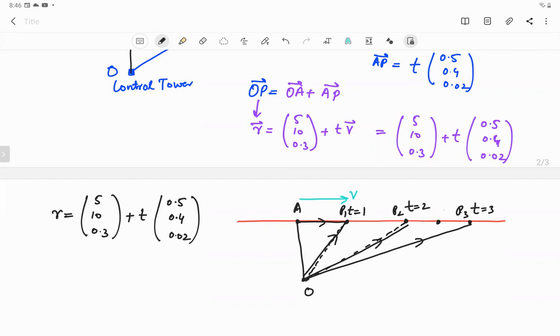And if we want to calculate that position vector at t is equal to 2.5, it will give us this position vector. And at 2.4 this, 2.3 this, at 2.2 it is this point, and at 2.1 it is this point. At t is equal to 0.5 we move to this point which I've just shown by a dot. And at t is equal to 0 we are at A. And at t is equal to -1 we are behind. We are v meters or v kilometers behind A. Okay, so that means that the t parameter helps us to locate all points on the line.